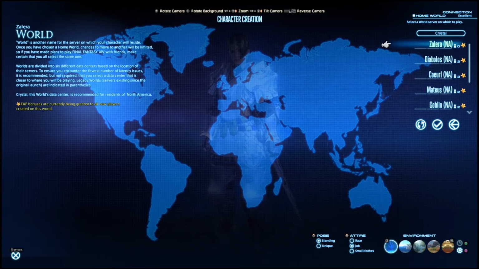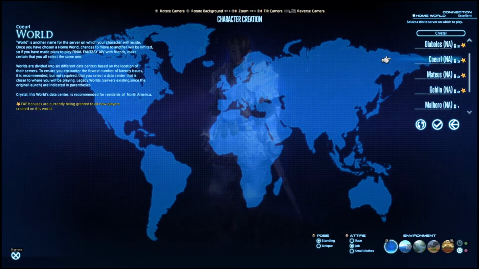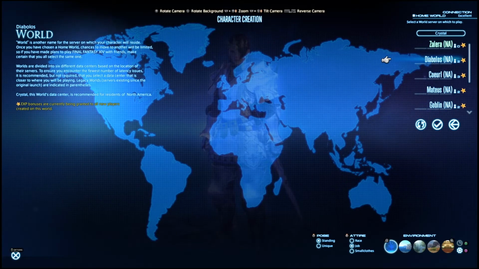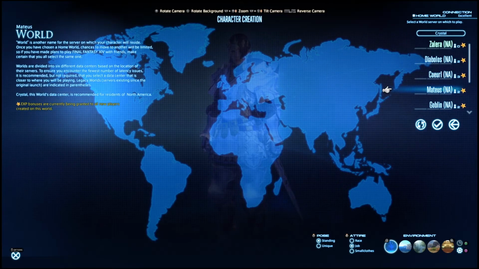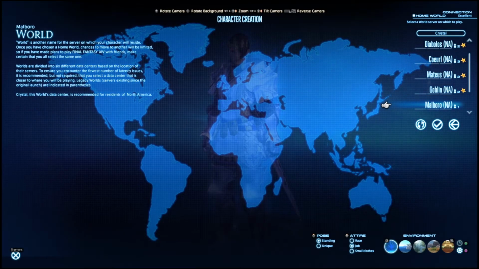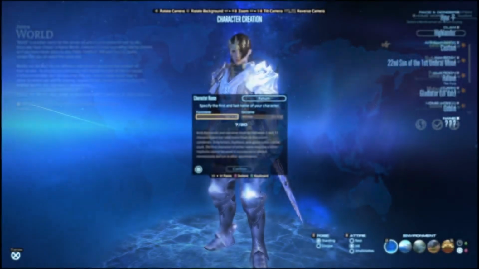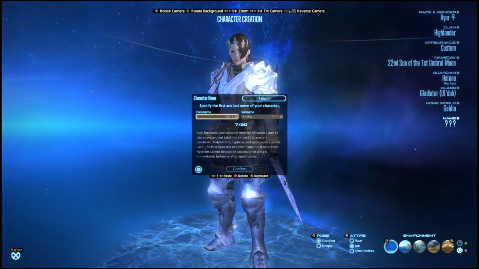So how to pick a server? Basically all the servers that have that yellow star on their name are preferred servers, and these are the servers you should be going with, because they will give you 50% EXP bonus to everything you do. That bonus is applied all the way to level 80. So if you're a new character or an alt, these are the servers that you need to pick to come in. And now for a name, we will pick